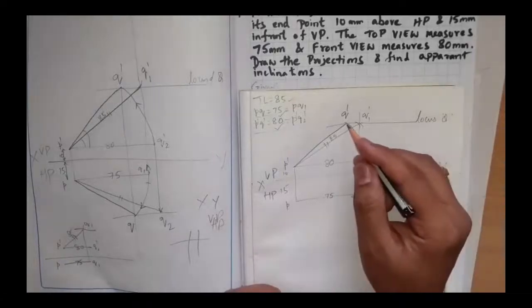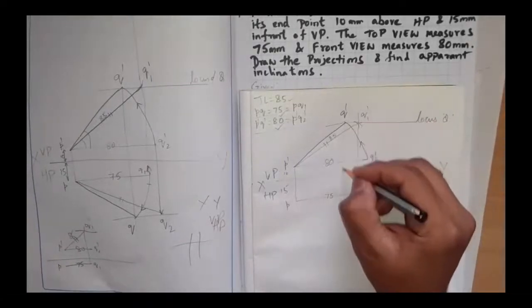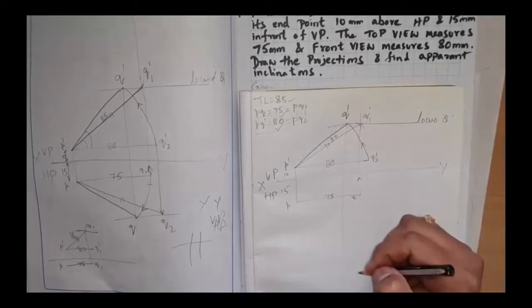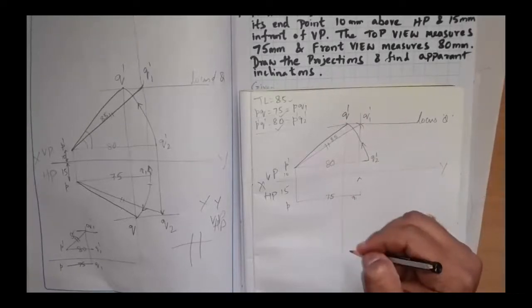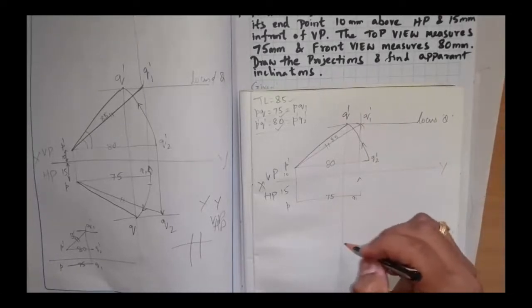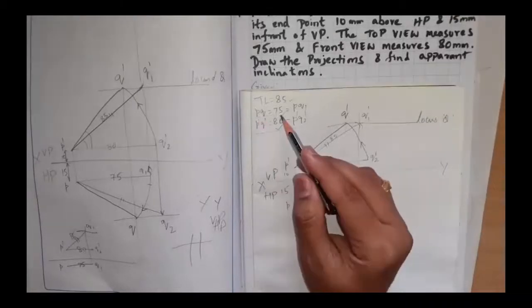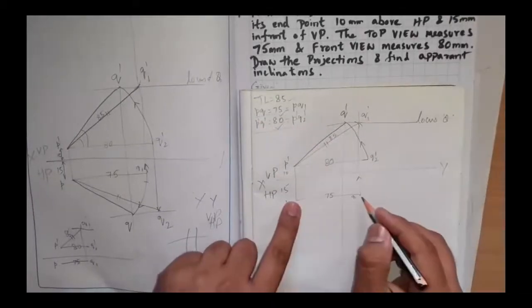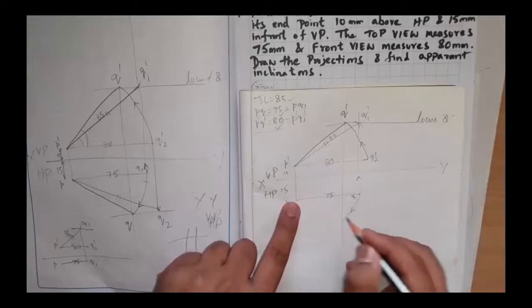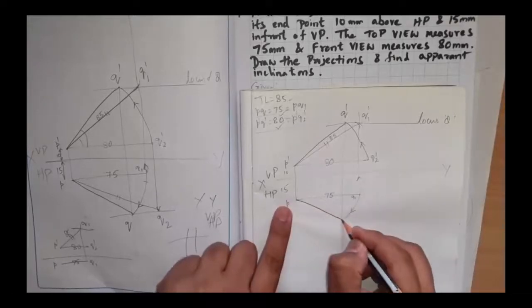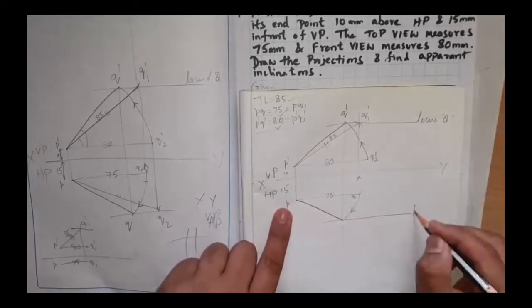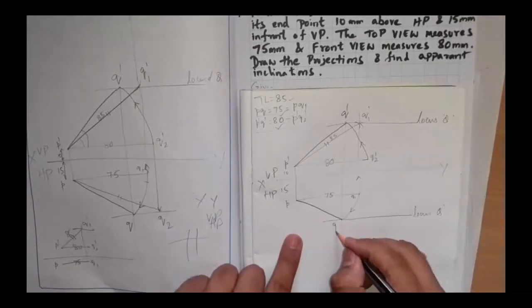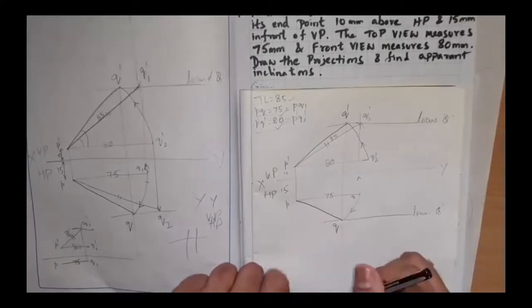When I have got Q dash, it is very easy. On Q dash only, Q should lie, on the same projector. Where will Q lie? Somewhere here. At what length? PQ is directly given. PQ is 75 mm. P as center, Q1 as radius, I am going to drop this arc so that I get the top view and this locus of Q in front of VP, that PQ 75 mm I got.